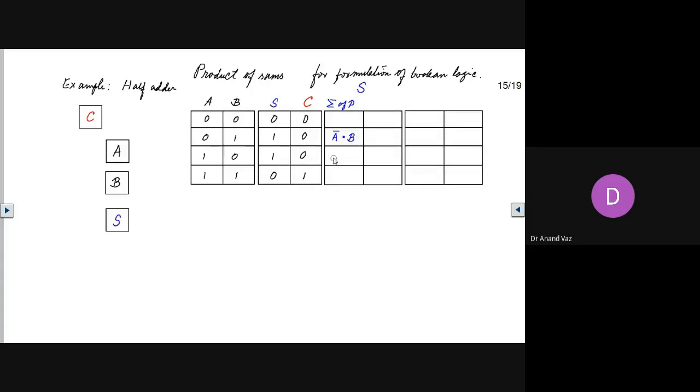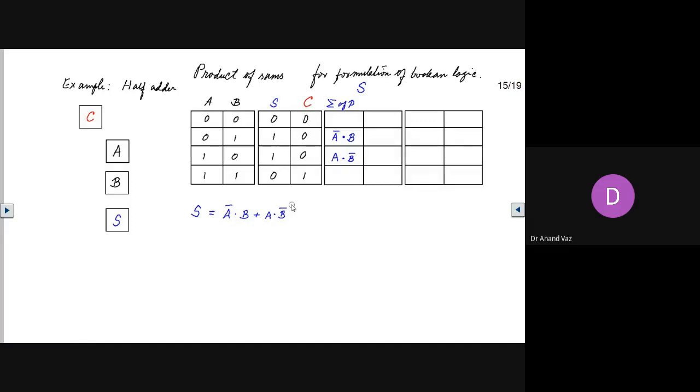And here we have A and not B. Okay. So we know that if we apply this logic, then S can be written as not A and B or A and not B.